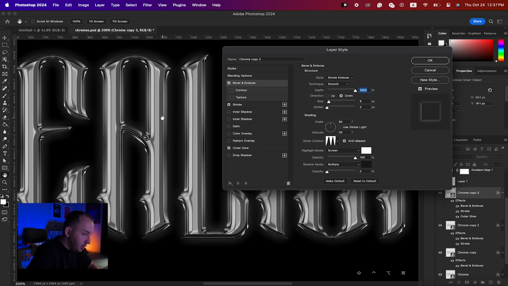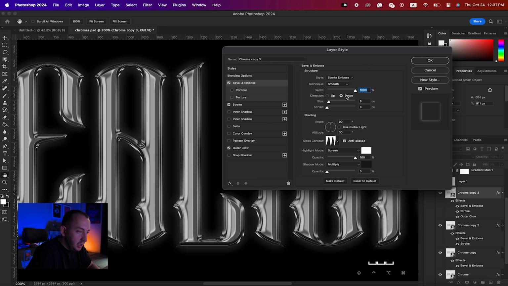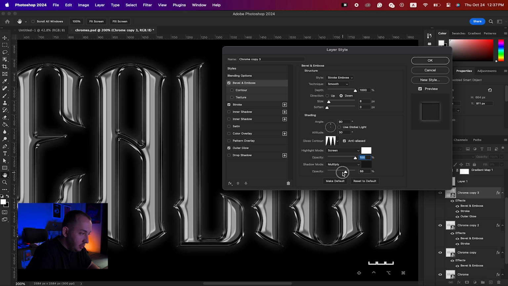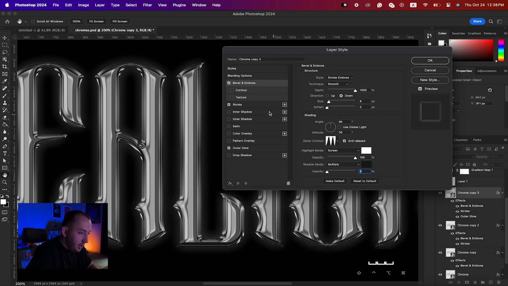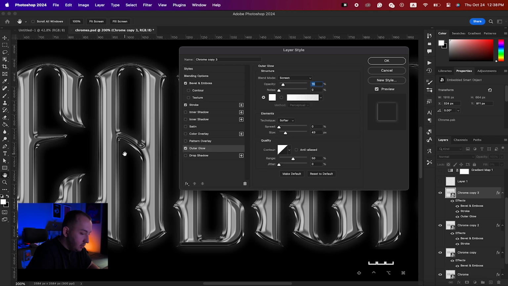So if I just zoom it in, you can see we have a couple of different bevels here, but this time I put the size on 6 and left the other things like they were before, 90, 30 and ring double. But this time, as you can see, I brought up my screen for the highlight mode to bring out my highlights like these lines, and I brought down the shadow mode to 0. Again, I had this stroke as it was before with all the same settings, and I added an outer